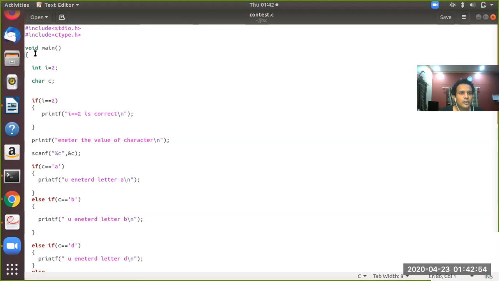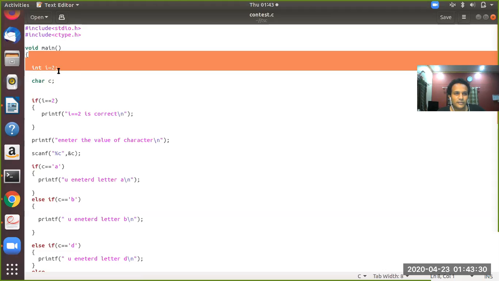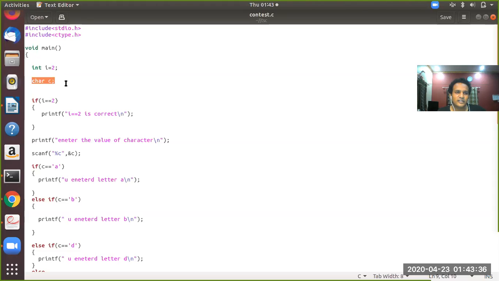Look at this program. This is a very simple program. Very simple means there is no difficulty in understanding. Now, as I said, the program execution starts after seeing this opening brace. Execution starts from the main always. When we say execution starts from the main, it means that control starts from the main. Now control enters this flower bracket. As soon as it enters, it finds the first line, that is int i = 2, and char c.